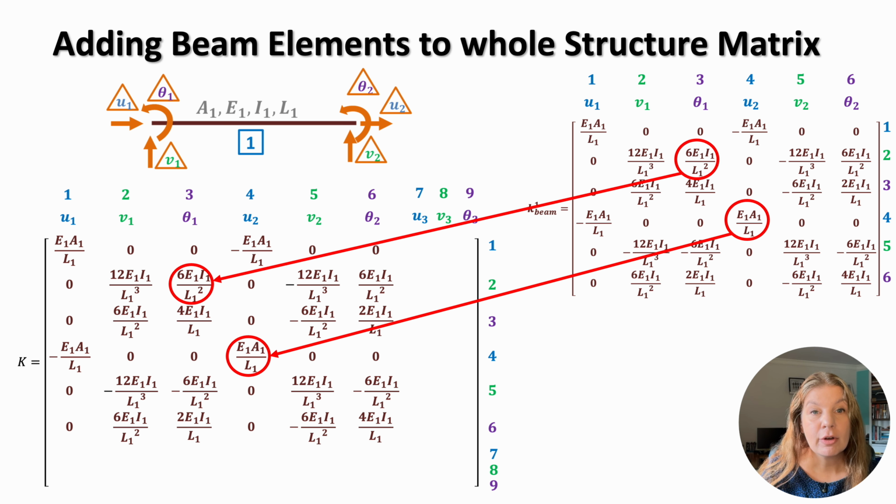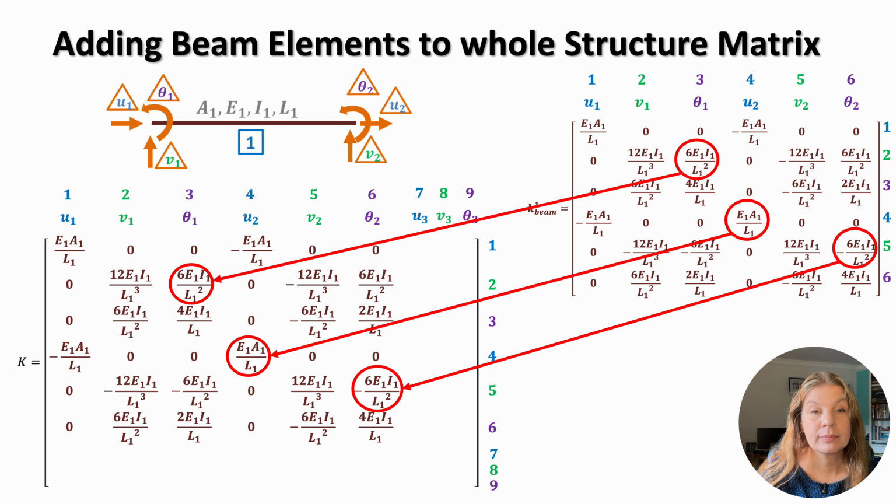Local K44 maps directly onto global K44. And local K56 maps directly onto global K56. At this stage, only the rows and columns 1 to 6 of K receive contributions because element 1 only touches nodes 1 and 2. Rows and columns 7 to 9 remain 0 for now, but they'll be filled when we